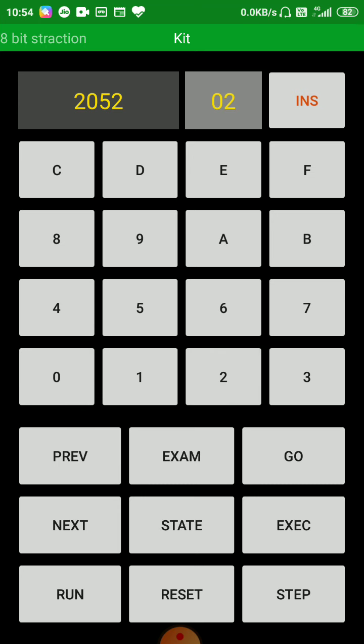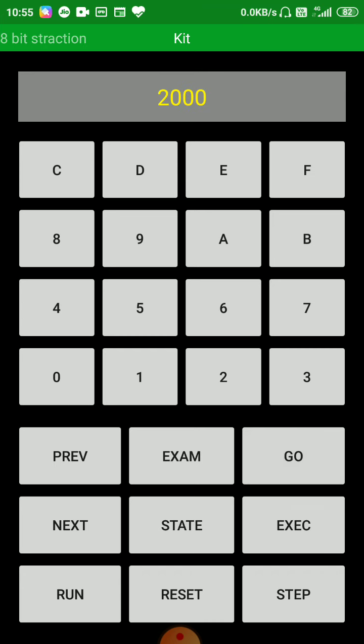You can check your numbers. Your first number is 6, your next number is 2, right? Next 2053, nothing is there, but your result will be stored in this after execution. So just press go, and after that run your program.